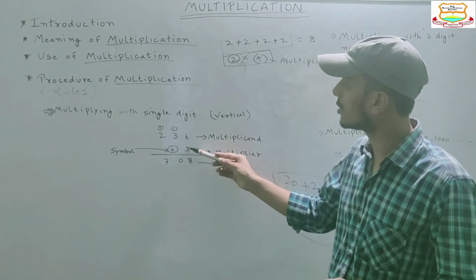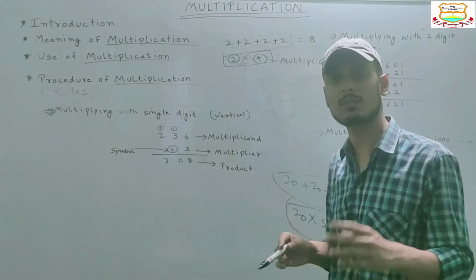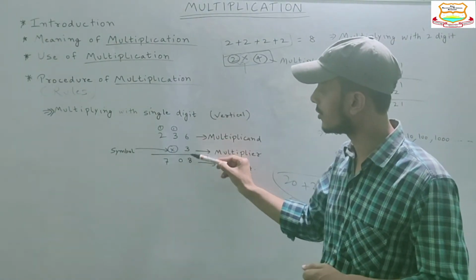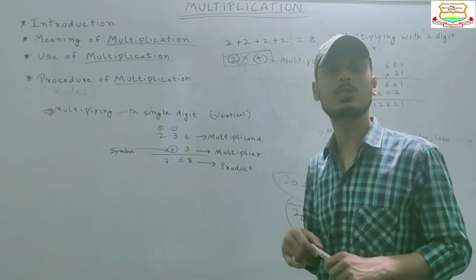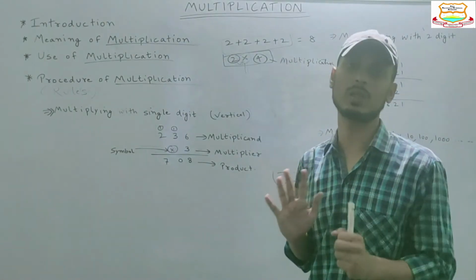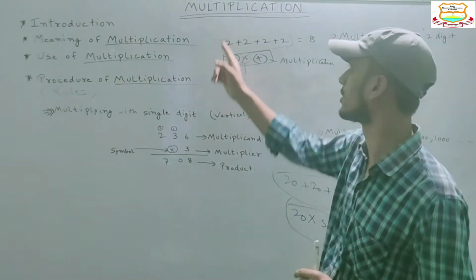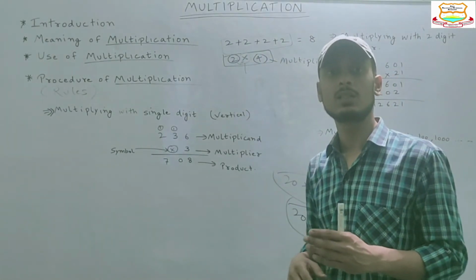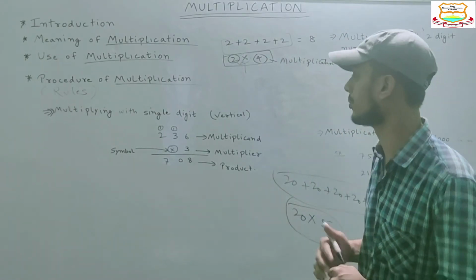So multiply, starting with the unit digit number. 3 and 6: 3 sixes are 18. For multiplication, you need to learn the multiplication table at least up to 20. The actual use of the multiplication table is in multiplying numbers. Got it? That's why you are asked to remember the multiplication table.